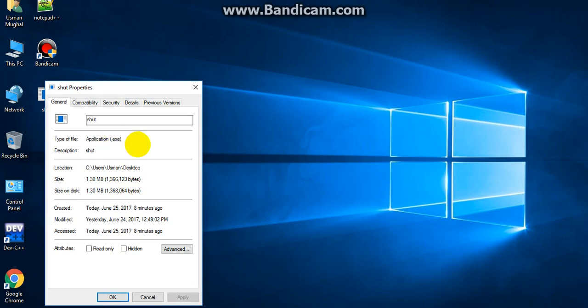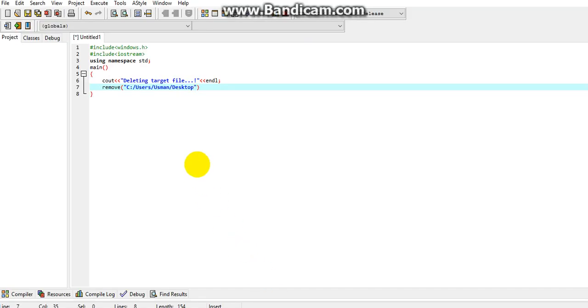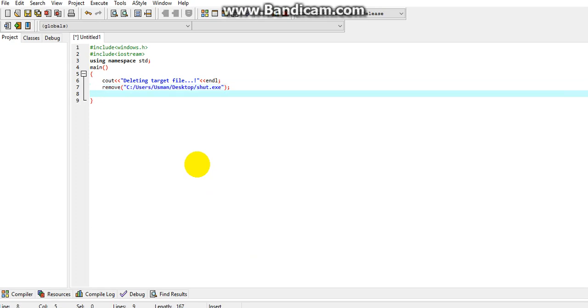You will find it in front of the type of file. So put a forward slash and then the file name dot type of file. This file is of type exe. Then outside the parentheses we put a semicolon, and then we say cout.